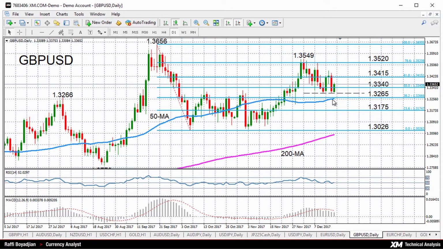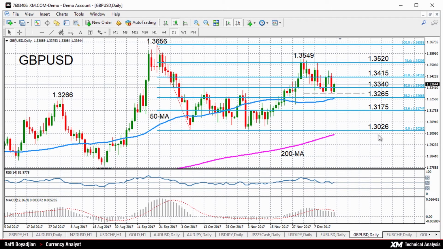To the downside, a drop below the 1.33 handle, we could see the 38.2% Fibonacci at 1.3265 being the next key support area, as that's also where the 50-day moving average is currently moving towards. A drop below the 50-day moving average would shift the near-term bias back to the downside and could accelerate declines